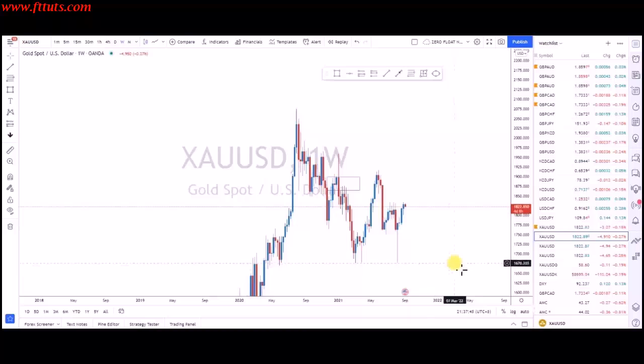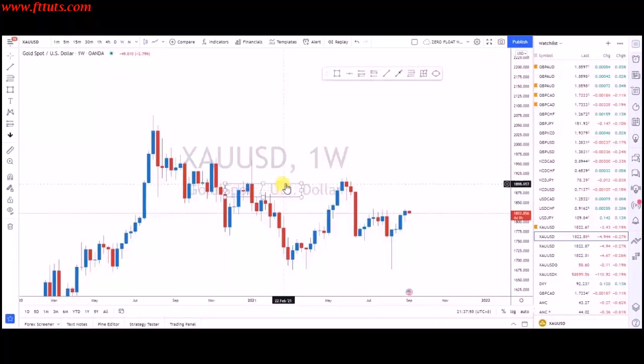The next thing we look at is the Drop Base Drop. I'm going to shift this from here to here. Here we can see a Drop Base Drop. This area is a Drop Base Drop. I'm just going to mark this full zone just for you to see what is going on inside the SnD area. So if we move to the daily time frame,